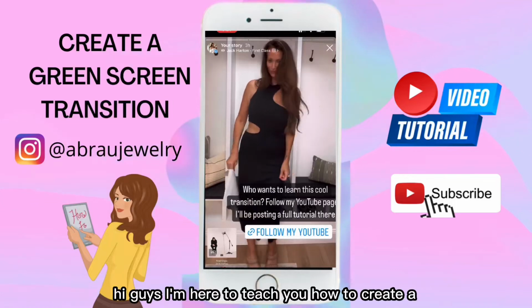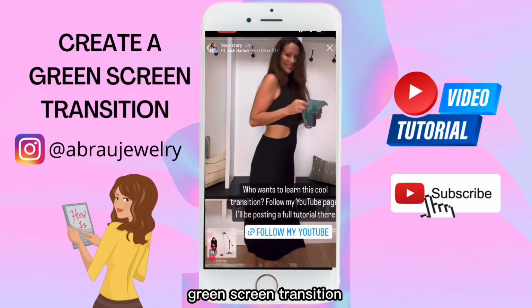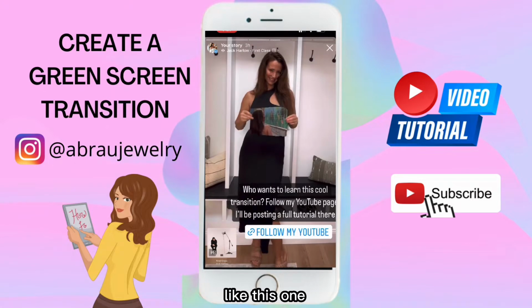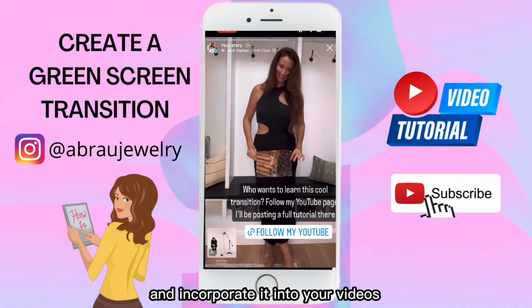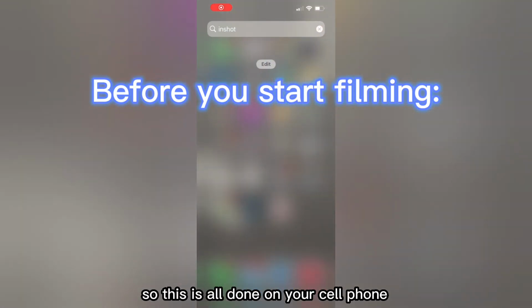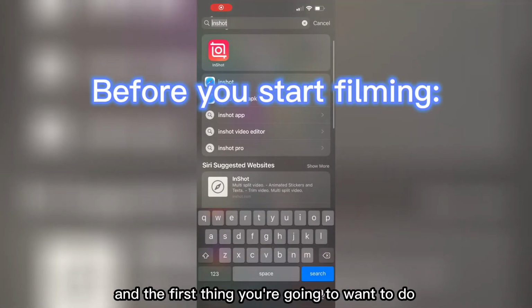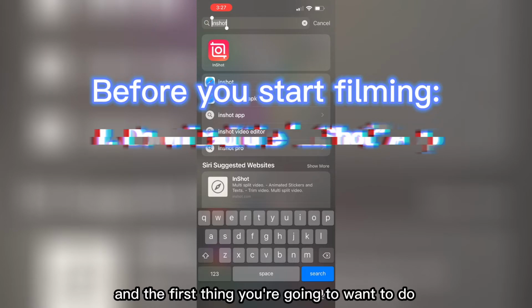Hi guys, I'm here to teach you how to create a green screen transition like this one. You can use it on Instagram Reels and incorporate it into your videos. So this is all done on your cell phone, and the first thing you're going to want to do is